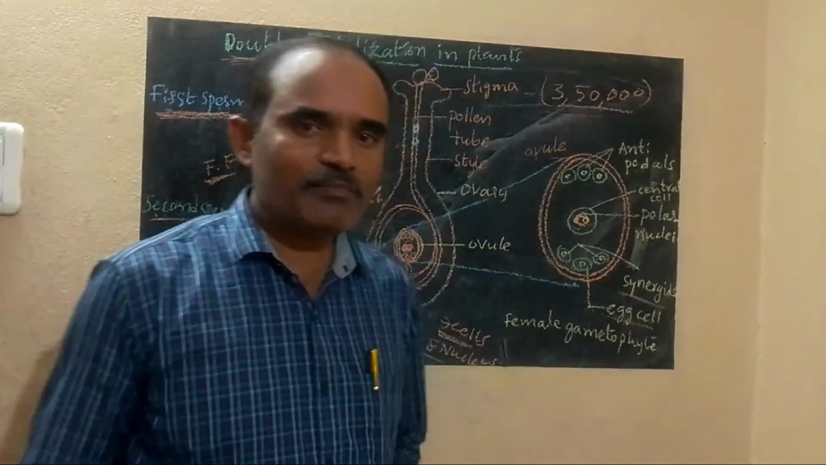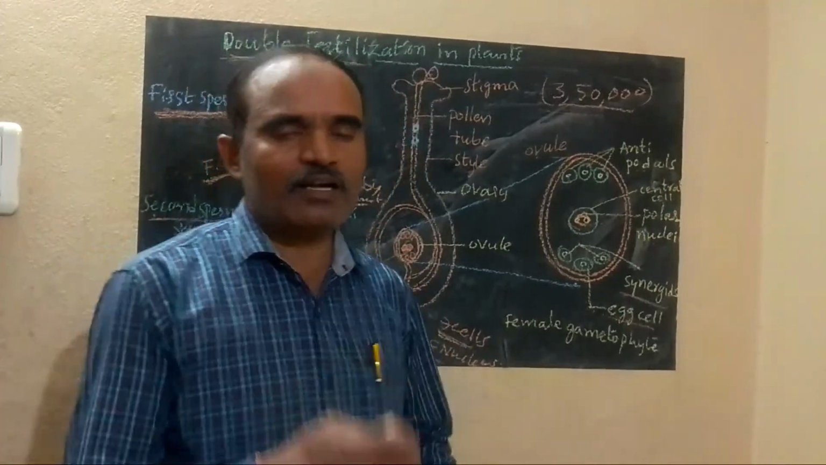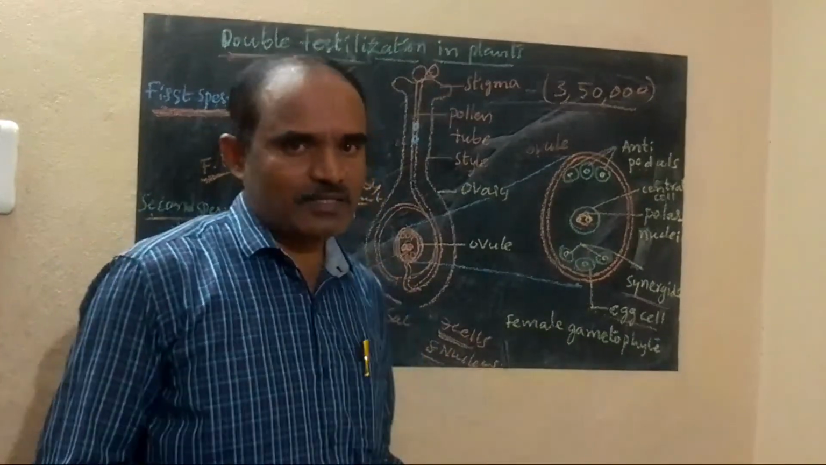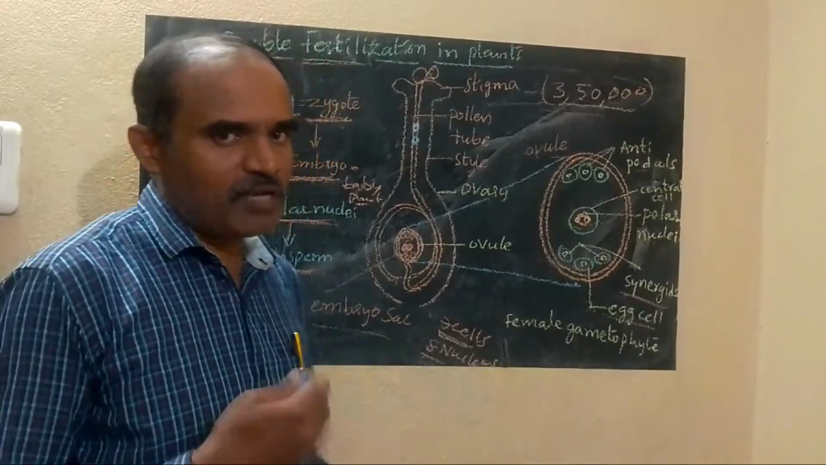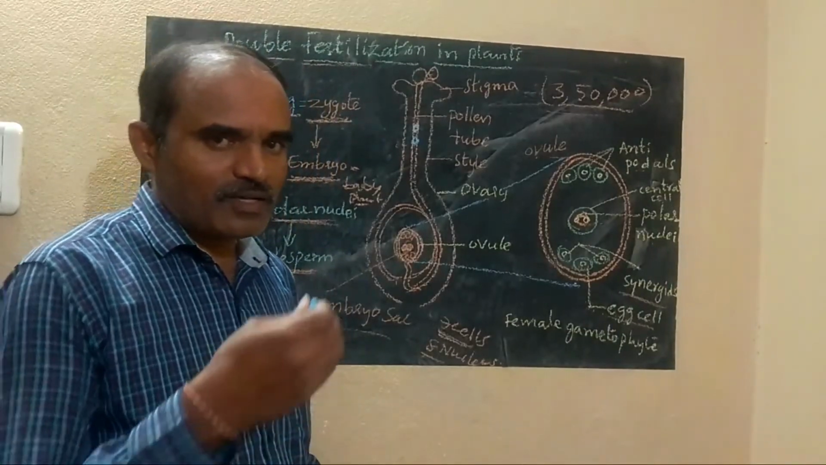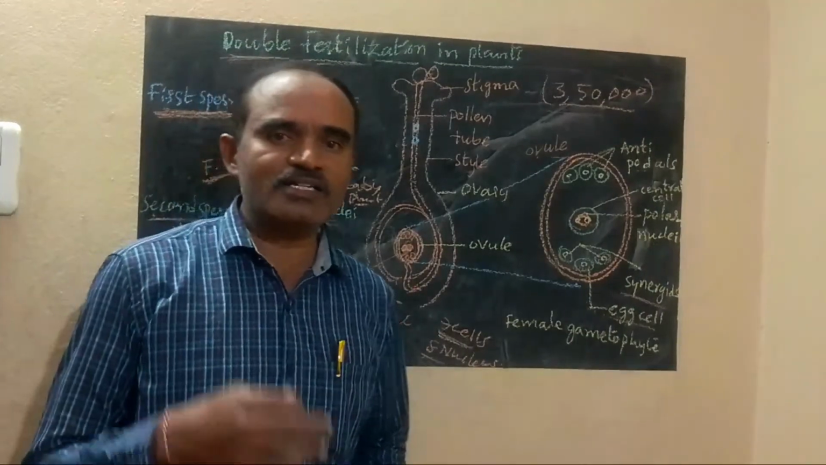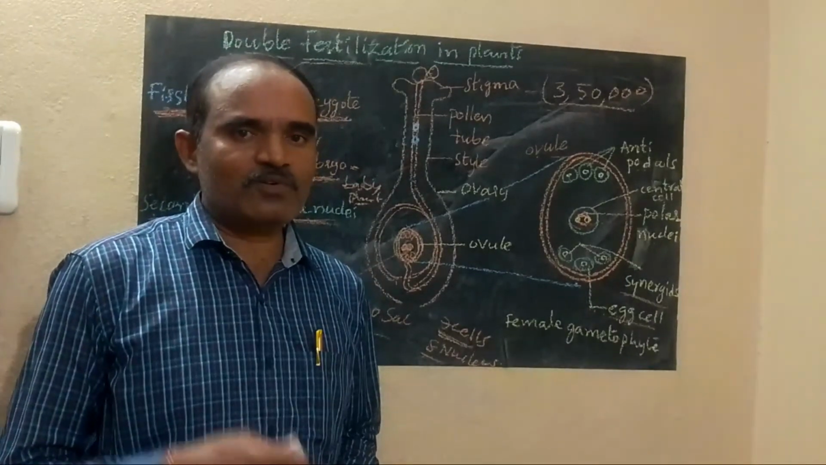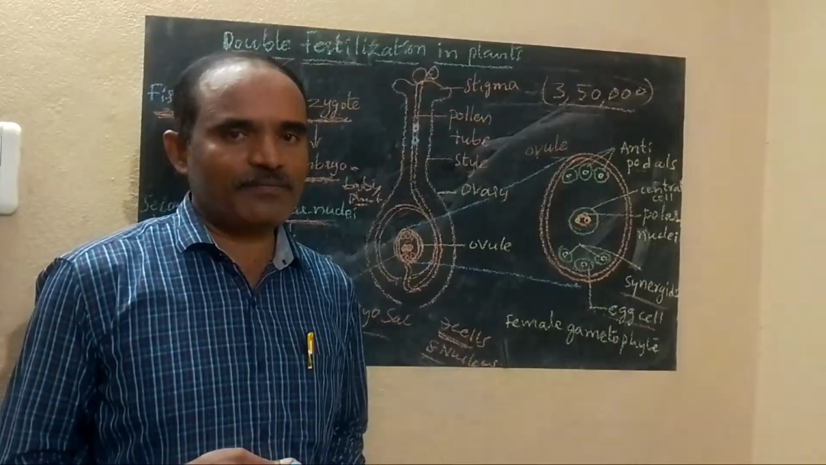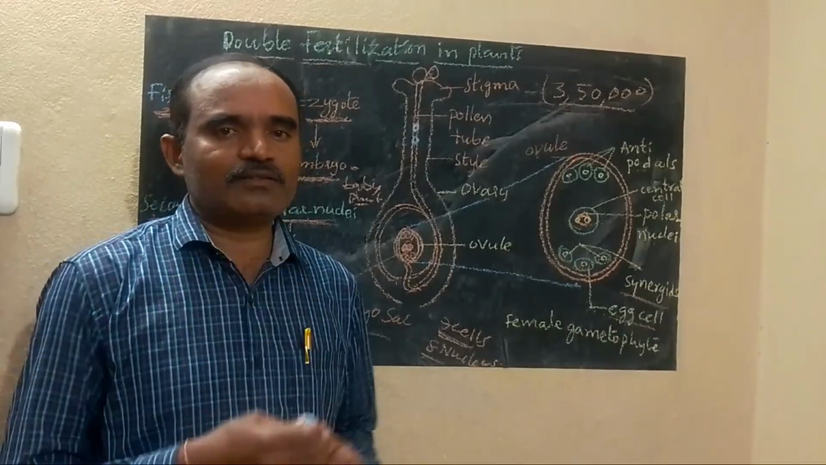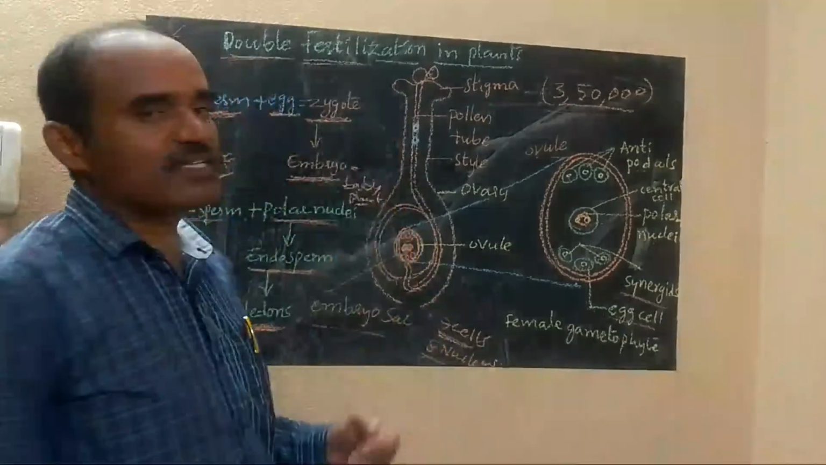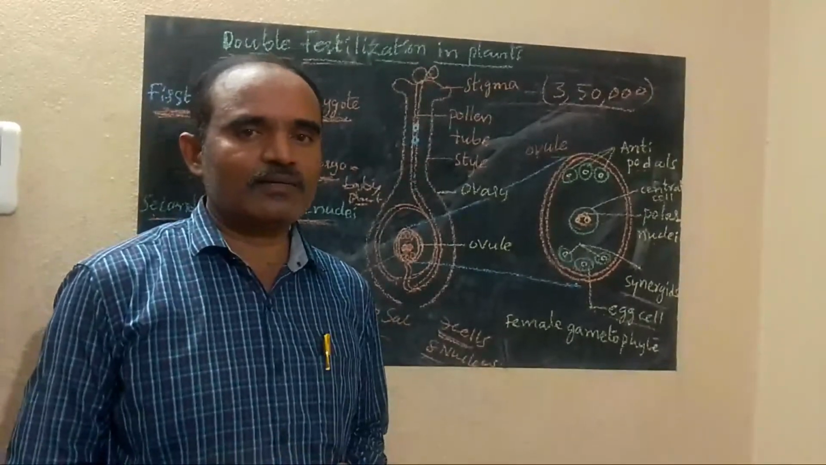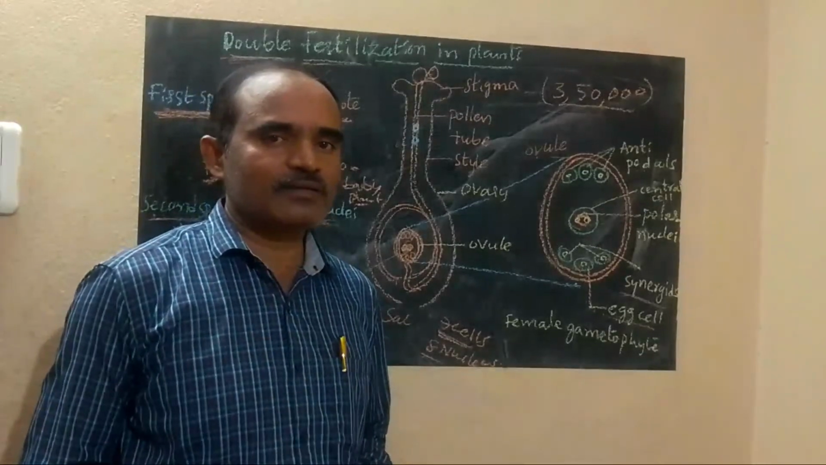Today one of the important topics in class 10 biology: double fertilization in plants. In flowering plants, fertilization takes place two times, so it is called double fertilization. Before discussing double fertilization in flowering plants, we will discuss the simple definitions of